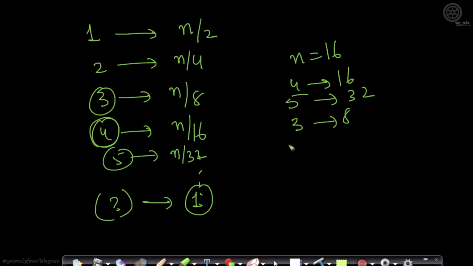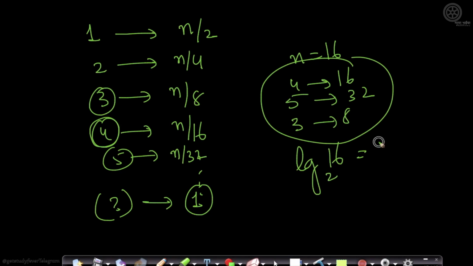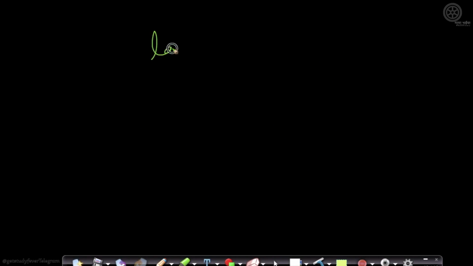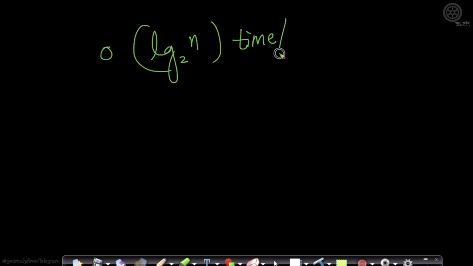Now you see the logarithmic relationship here. What is log of 16 base 2? It is 4. What is log of 32 base 2? It is 5. What is log of 8 base 2? It is 3. So at log n base 2 comparisons, you have reached exactly one element, which means what is the total number of comparisons that you have to do? In the worst case, you will do log n comparisons, which means this algorithm takes order of log n time or comparisons,